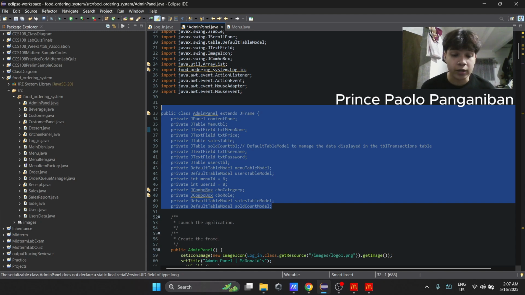Two running counters, menu ID and user ID, ensure that newly created menu items and users receive unique IDs without a database. Separate default table models drive each JTable, which makes CRUD operations as simple as add row, set row count 0, etc.